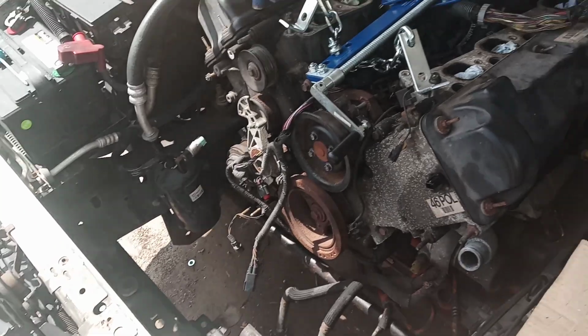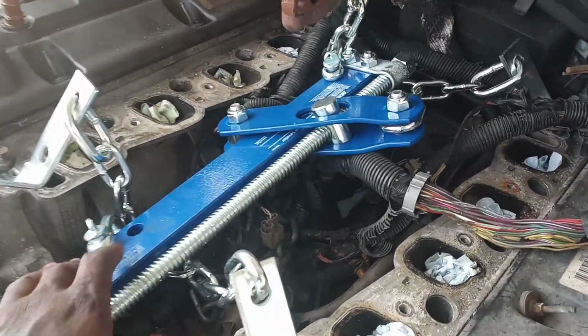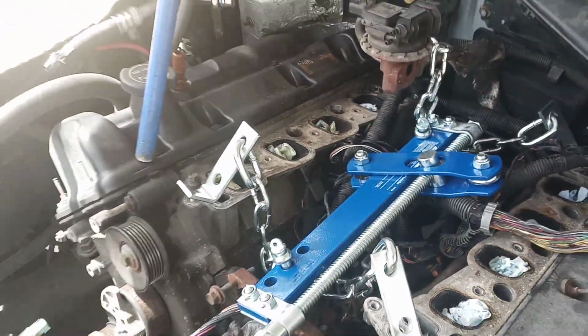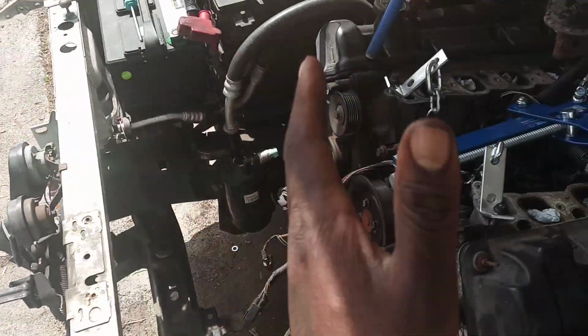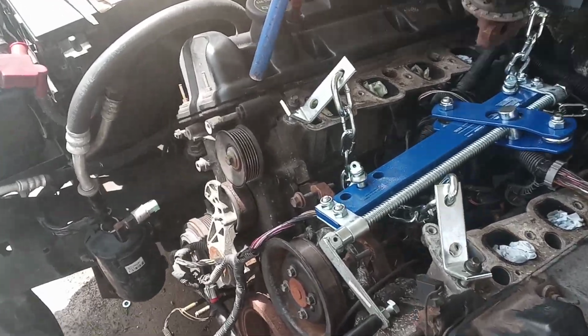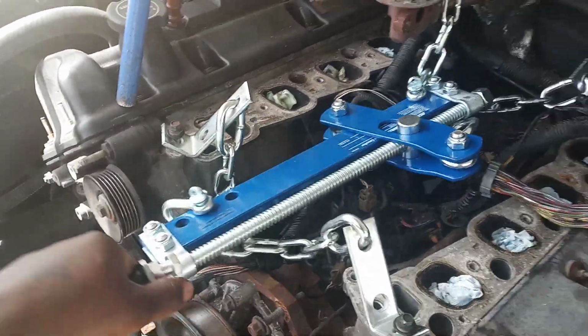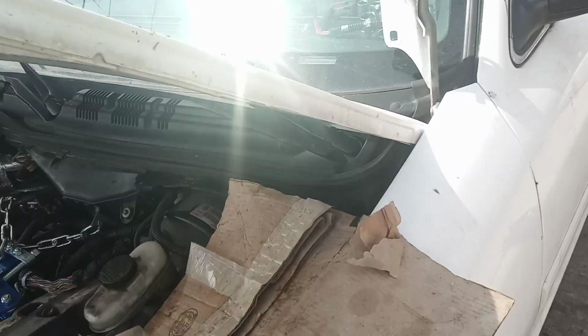So I'm just going to show you a couple tips and let a couple guys know the experience that I went through. As you can see, we have the AC Delco engine leveler. Everything went fine with the leveler. The problem was the bumper was out almost a foot away from the engine, and what was happening is the engine wanted to pull forward. And the reason you do not want it to just pull forward is because,